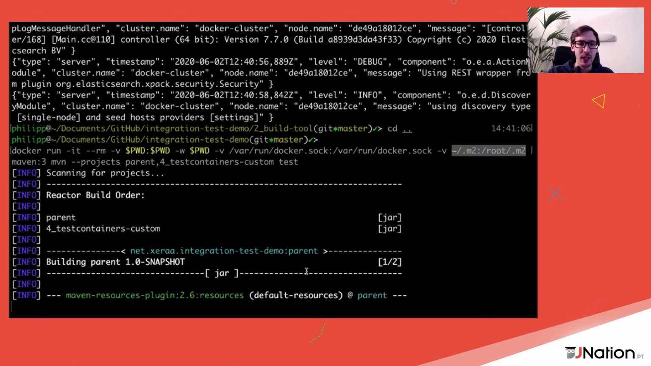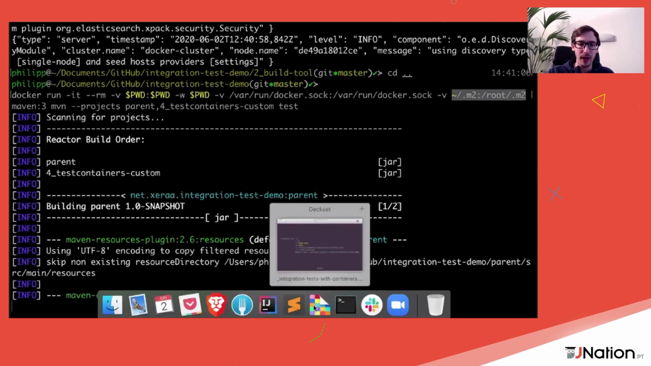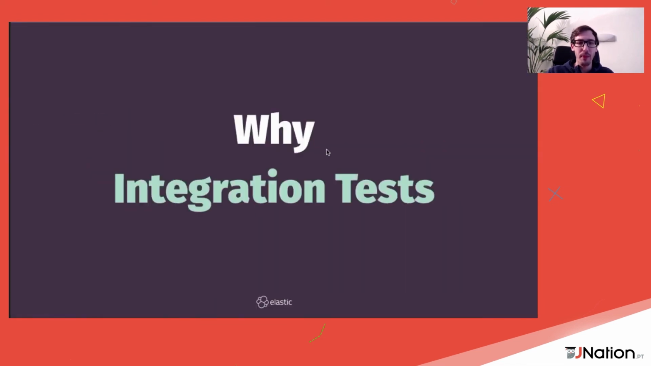And this will still run for a bit in the background because right now it's just compiling everything. And then it will run the containers. And I'll let this run in the background, and we'll come back to it at the very end to see if it actually succeeded. So to wrap up, I hope we don't have to discuss why you want integration tests,